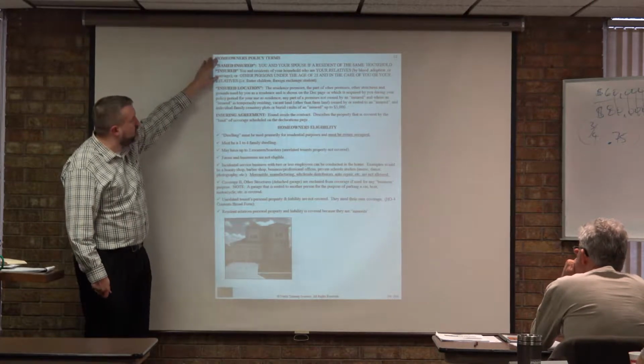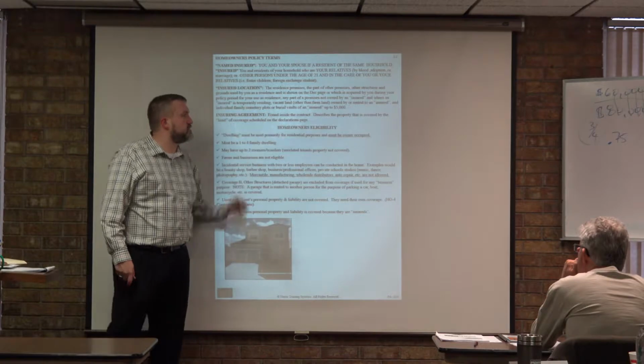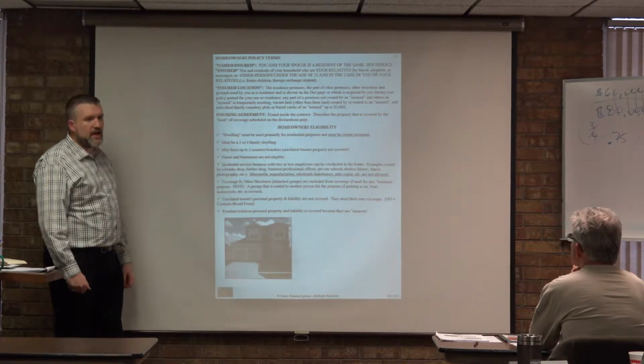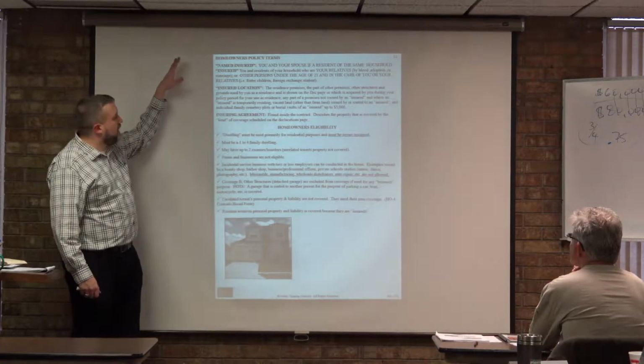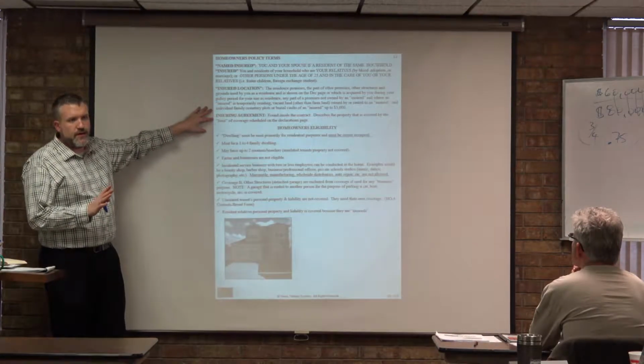This is who is an insured, and this is what they agree to do for you. It's found inside the contract, and it describes the property that is covered by the limit of coverage scheduled on the deck page. So once again, what we're doing here is we're outlining property coverages. We're not hitting on liability yet, okay?